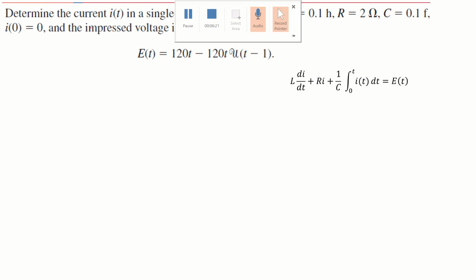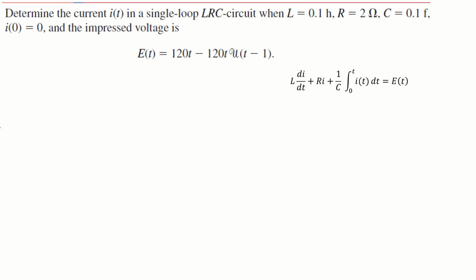Now putting all these values in the given equation, this differential equation will become L is equal to 0.1, so we can write 0.1 di by dt plus R is 2, so we have 2i, plus C is 0.1, so 1 over 0.1 integral from 0 to t I of t dt